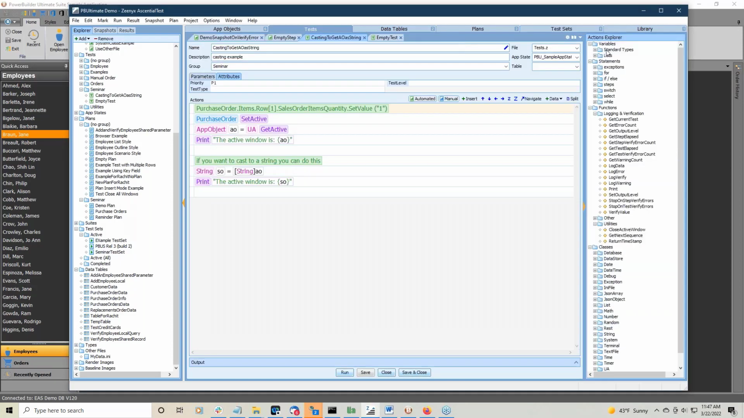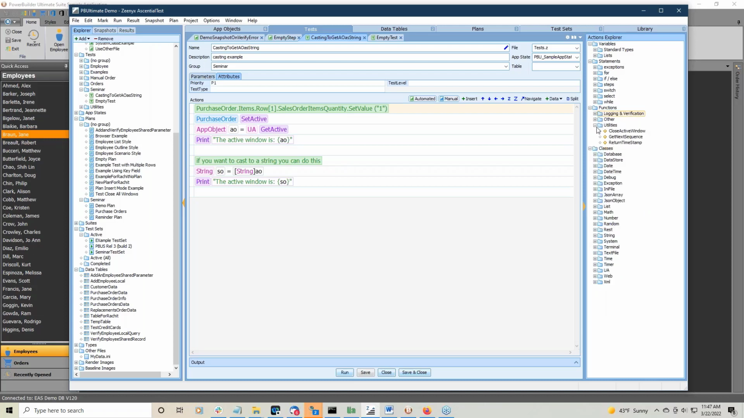So you notice here in my Actions Explorer in this Functions section, normally you only see logging and verification and other. Those are the functions that AscentialTest gives you by default. But you can create your own functions and they become part of your project so that they can be dragged and dropped just like any other